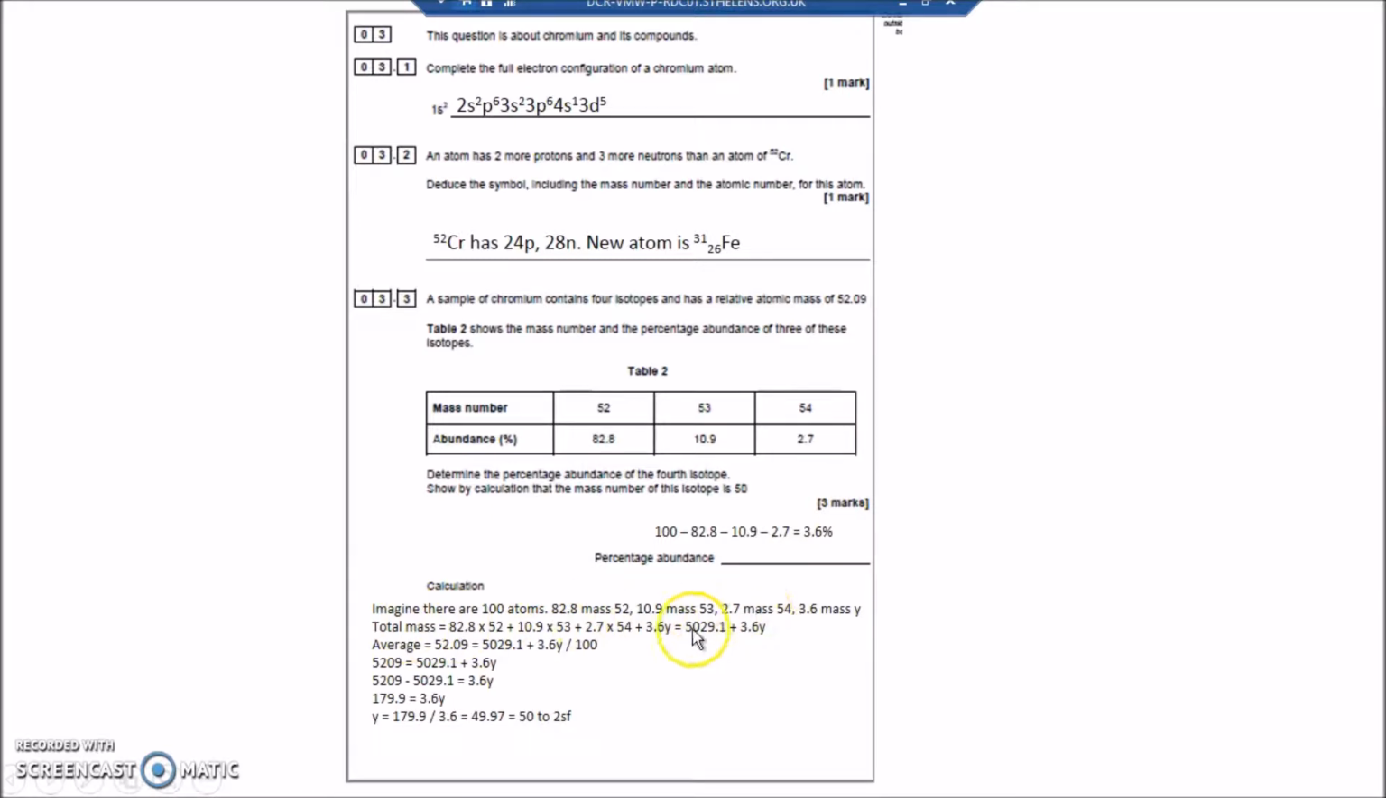The total mass is therefore, if I add everything up, 5029.1 add 3.6y. That's the total mass. So an average is the total mass divided by the number of particles, and this is where your 100 atoms comes in. So that's the total mass divided by 100 gives me the average. Now I know what the average is, it's 52.09, so (5029.1 add 3.6y) divided by 100, which is my average, equals